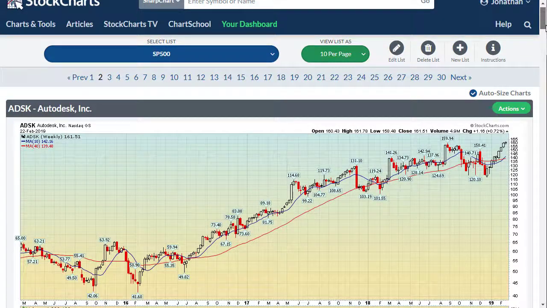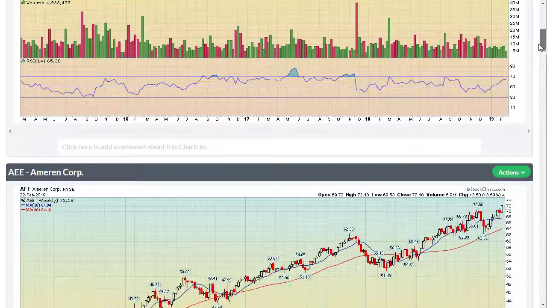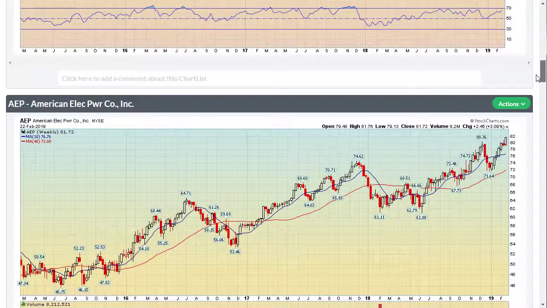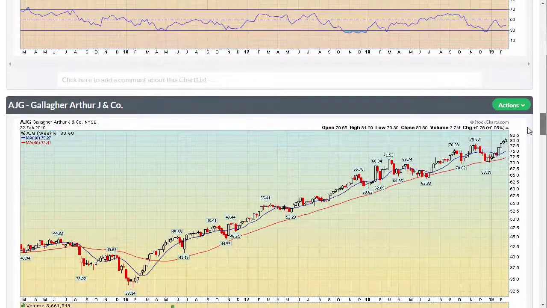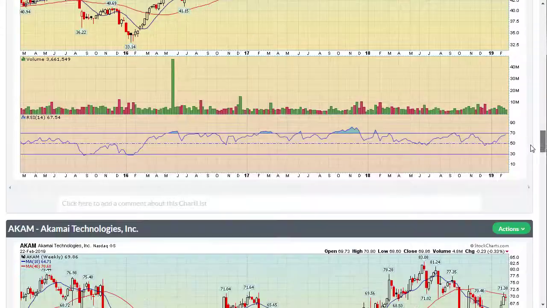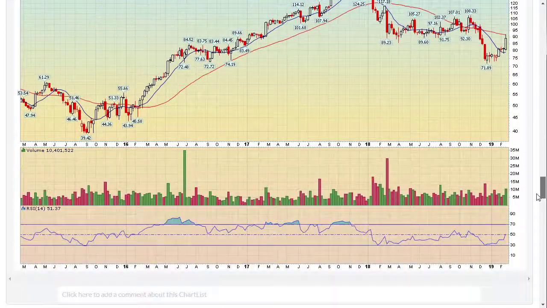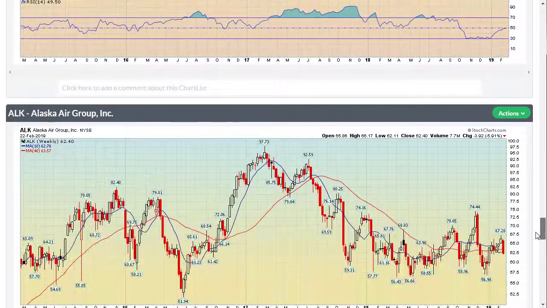Too much. Now this is interesting. Autodesk is banging against its 52-week high here, so it probably is going to retrace a little bit. And here we have AEE, a power company. So we want something with some volatility in it that's going to benefit from some time decay in the options premium. We don't want a utility or maybe some big pharmaceutical company that doesn't have a whole lot of